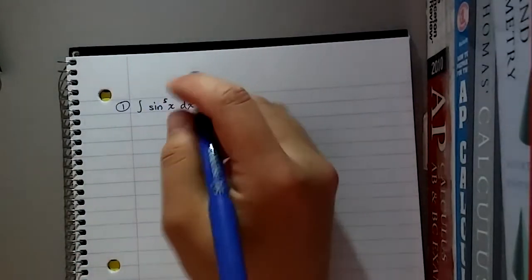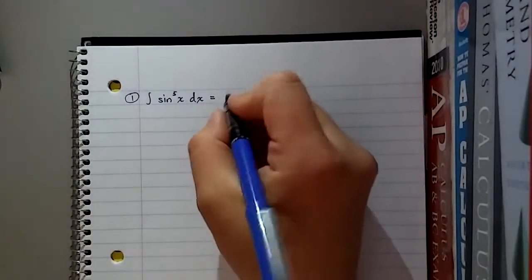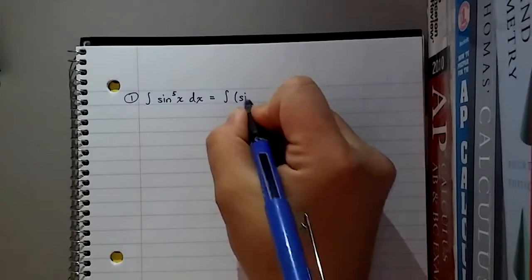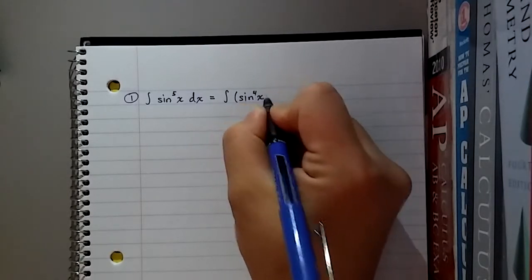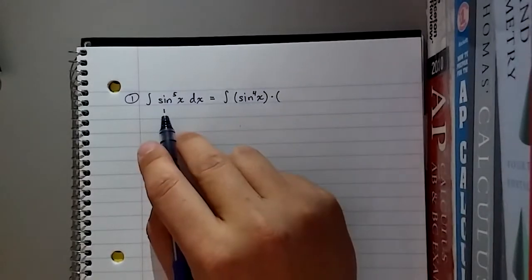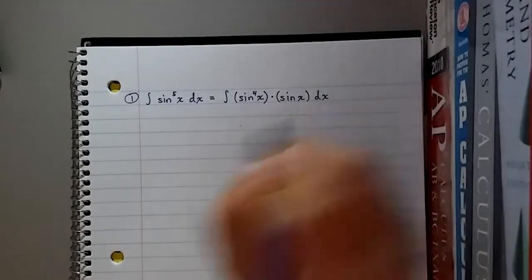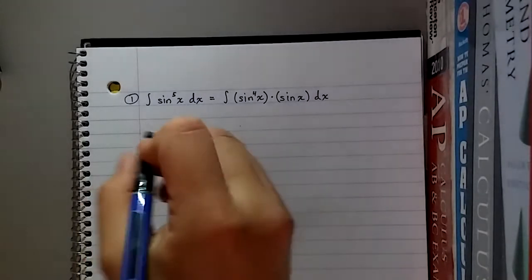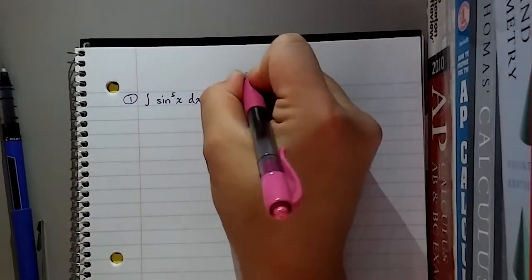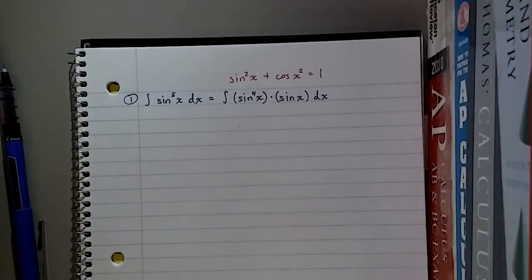Okay, so how you want to integrate this is you want to change it so now it is a lower even power. So sine x to the fourth power, and what do I multiply that by to get sine x to the fifth? Just the sine x dx. And this is actually pretty easy from here because everyone should know that sine x squared plus cosine x squared is 1. So if I replace,